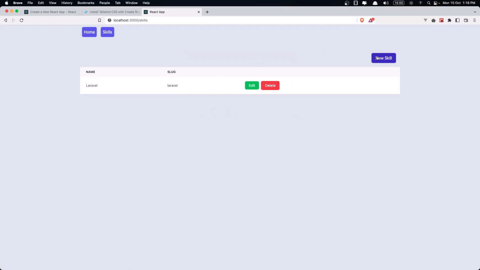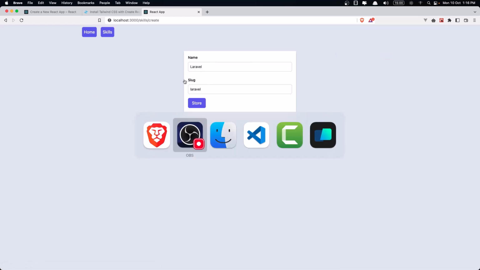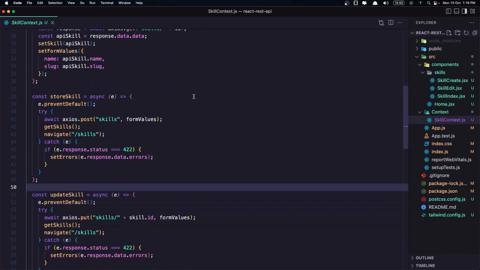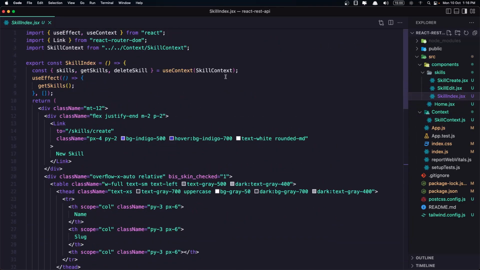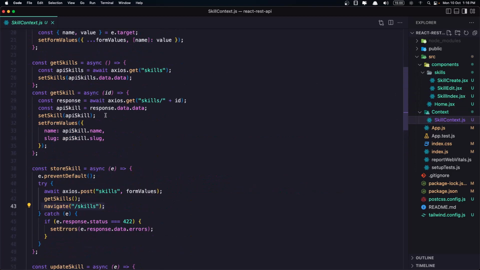Okay, but if I go and create new skill, we have the Laravel here, so we need to clear the form. And in the skill context, when we store new skill, we say here get skills, but this is not necessary because we also navigate to the /skills, and when we navigate to the skills, here we have the skill index. We call the get skills, so it's not necessary to call the get skills here, but what we can do,